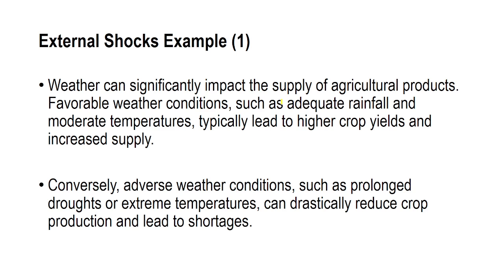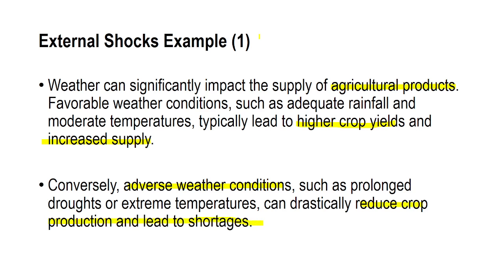So, start with the weather. Weather can significantly impact the supply of agricultural products. Weather is the most important and emphasized for agricultural products. Favorable weather conditions such as adequate rainfall and moderate temperature typically lead to higher crop yields and increased supplies. Conversely, adverse weather conditions such as prolonged droughts or extreme temperature can drastically reduce crop production and lead to